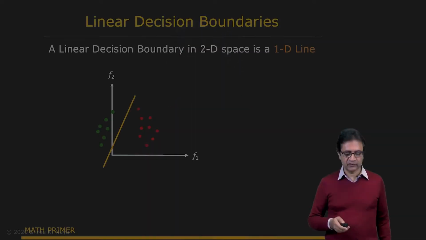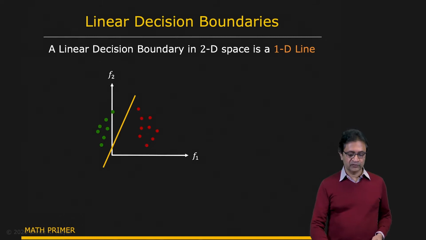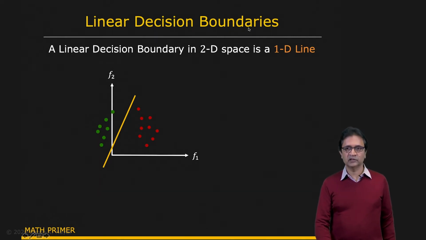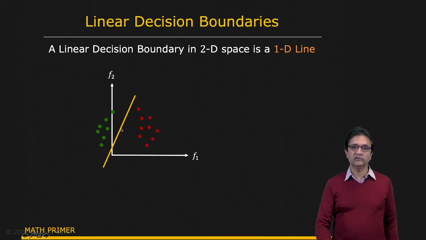First, let's talk about decision boundaries. In particular, we're going to focus on linear decision boundaries. Let's assume for a minute that our feature vector is of dimensionality 2. You have f1 and f2. These points are, for instance, your faces, and these are your non-faces. The decision boundary, in this case, this is a two-dimensional space, is a 1D line. If it's a linear decision boundary, it's a 1D line, which divides up the space so that when a new feature comes in, if it happens to lie on the left side of this line, we call it a face, and if it happens to lie on the right side, we say it's a non-face.